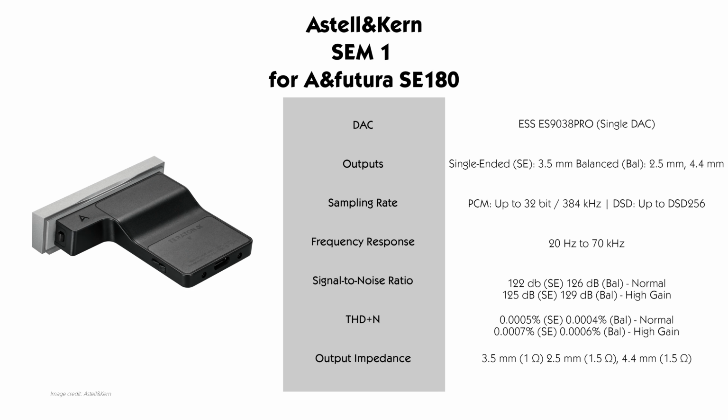The A&futura SE180 is bundled with the SEM1, which features a single ES9038 Pro DAC chip, supporting playback up to 32-bit 384 kHz or native DSD playback up to DSD256. Similar to the Kern Alpha, the SEM1 supports 3 output ports: a 3.5mm single-ended, a 2.5mm balanced, and a 4.4mm balanced. The rest of the product specifications are pretty standard and what you would expect of a DAP from the